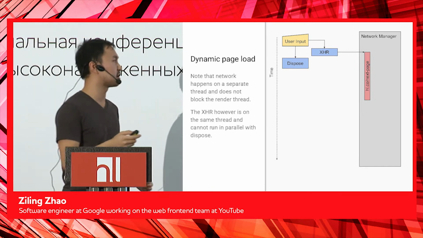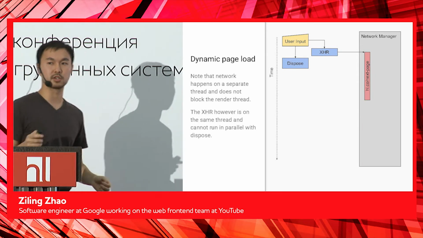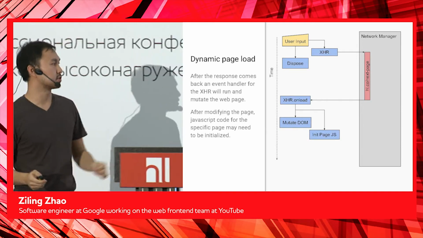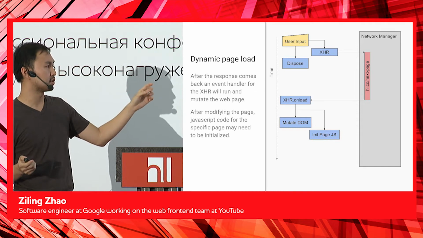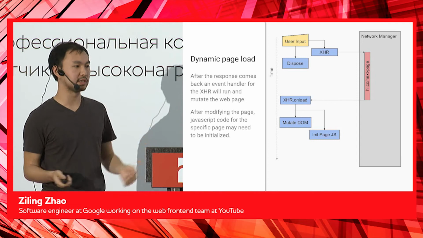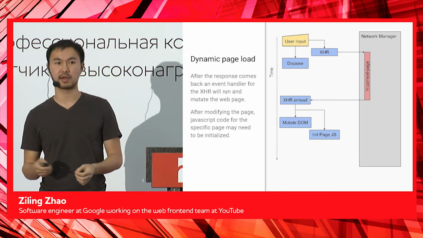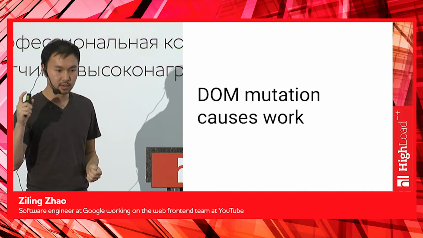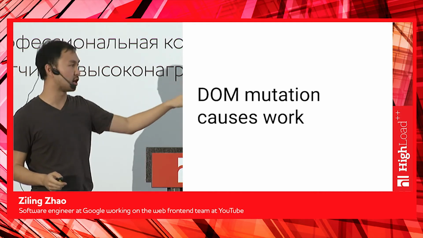And so what that XHR is going to do is throw a request to a network manager. The network manager is going to start downloading the resource. And then it's going to come back. You're going to have some onload handler. And the onload handler is going to probably mutate some DOM. You have some new HTML. You have some new things that need to be appended to the page. And then you're going to run some page JavaScript because you probably have some event handlers, some other stuff that you care about. Remember though, I'm just introducing this, but DOM mutation,